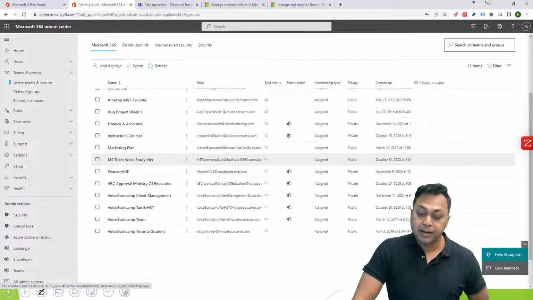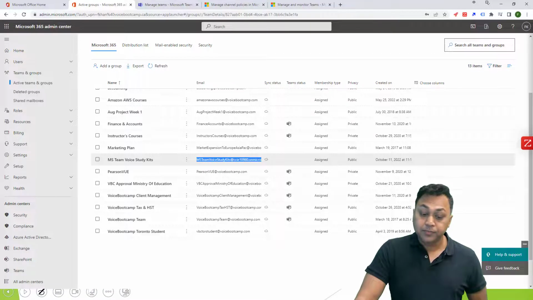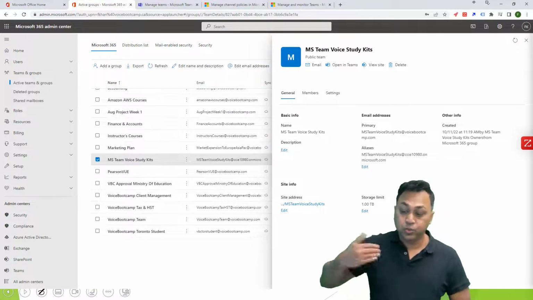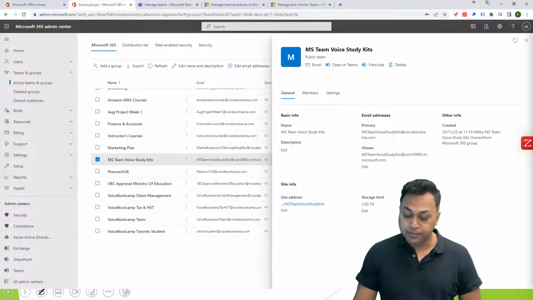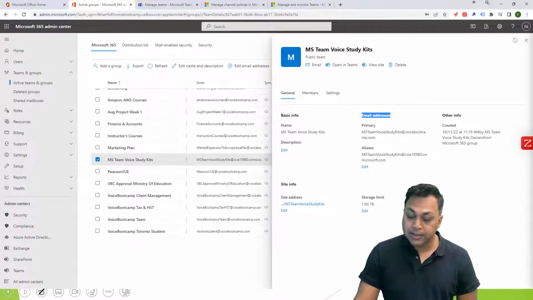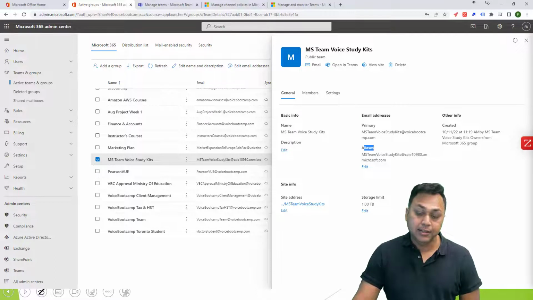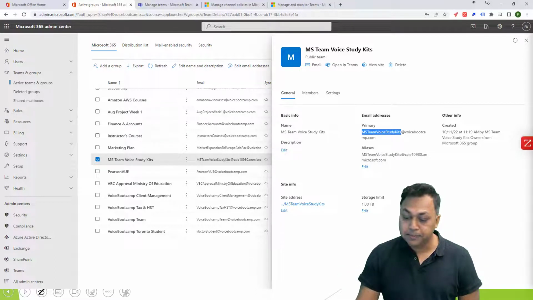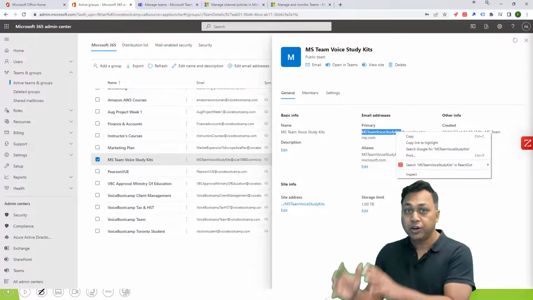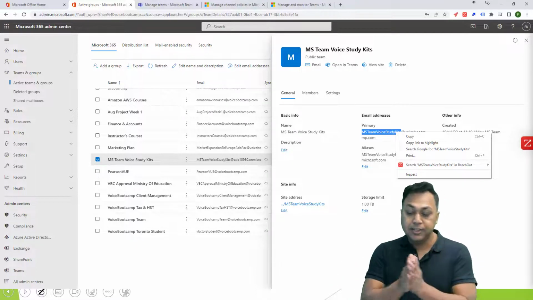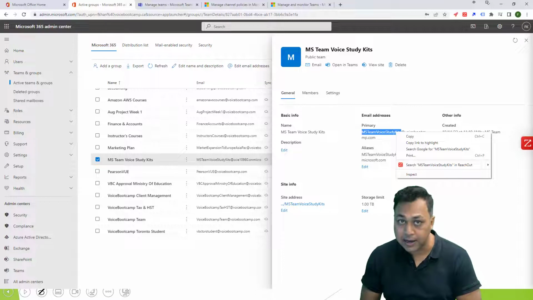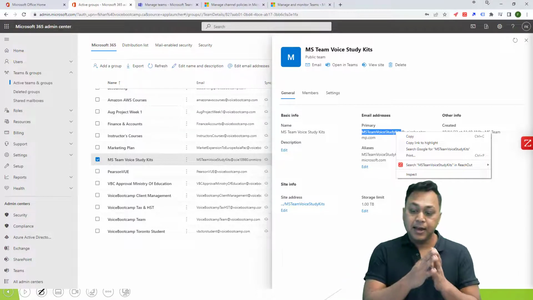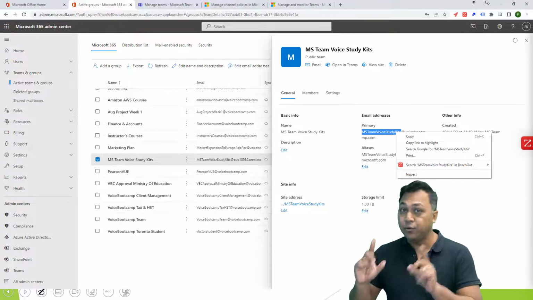And there it will also create an email address as possible. And if you want, you can change that email address with an appropriate domain name. So as you can see right now, the email address is this, and I have multiple aliases. So let's say I want this Microsoft team to use another domain. So I have msteamstudykits@voicebootcamp.com, and I want to assign msteamvoicestudykit@